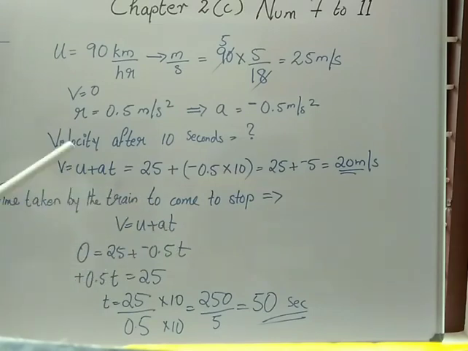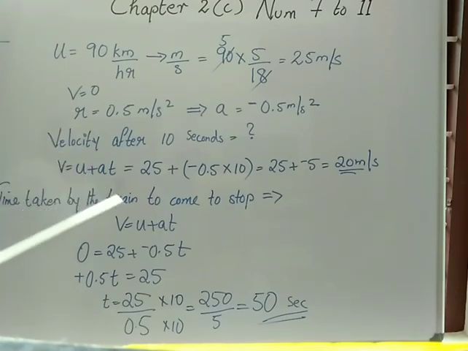So here you have to keep in mind why I am selecting these two formulas. Always keep in mind whenever you are doing numericals, we have to look at which physical quantities are available. If you are taking the second and third formula, v square is equal to u square plus 2as, and s is equal to ut plus half at square, in those two formulas we should have the physical quantity displacement. Here the displacement is not given. So I select the formula v is equal to u plus at in both cases.